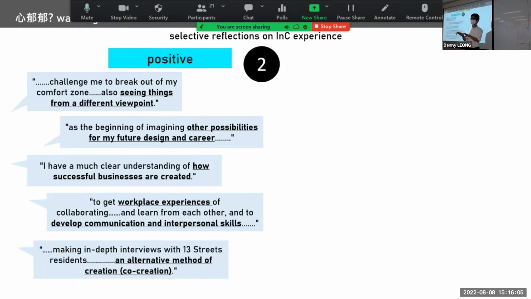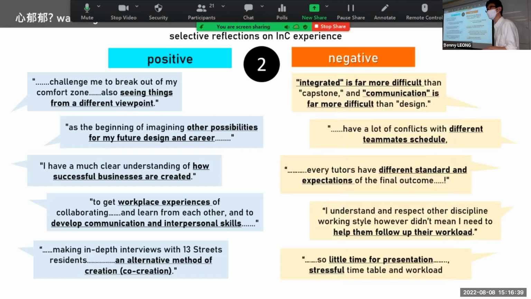Also seeing that there is a component of understanding business rather than design. Some of them see that this is closer to real-life situations. For sure, of course. If you work outside, you know that you will not work alone. You work with a team, and then it's kind of the skill of communication. The way the research and the design could be done is not only a solo thing. Now this is the positive, but you have to be aware of the negative, right?